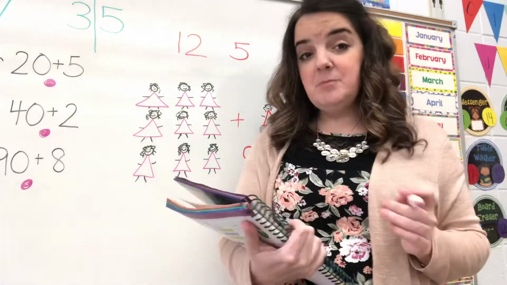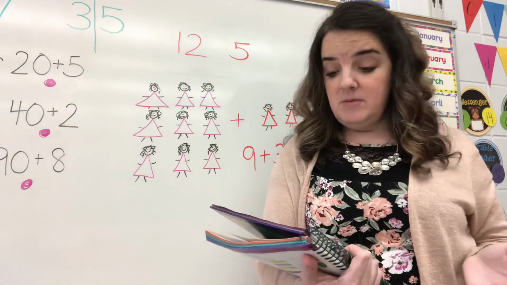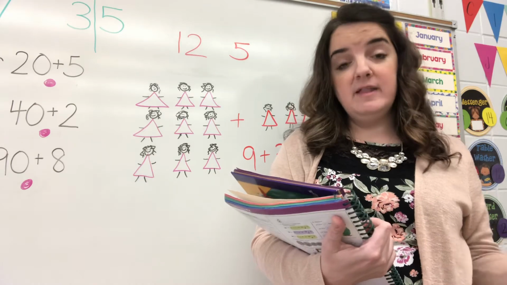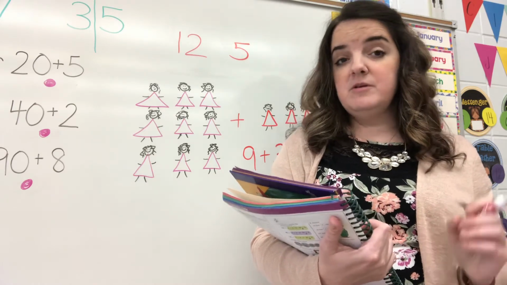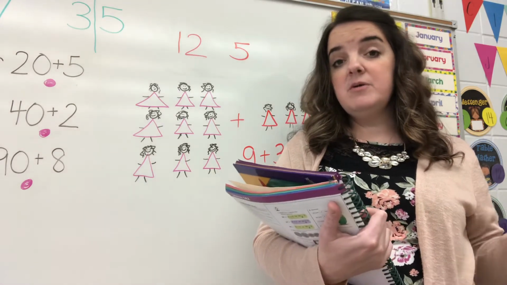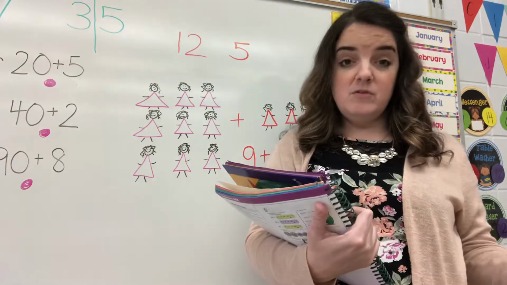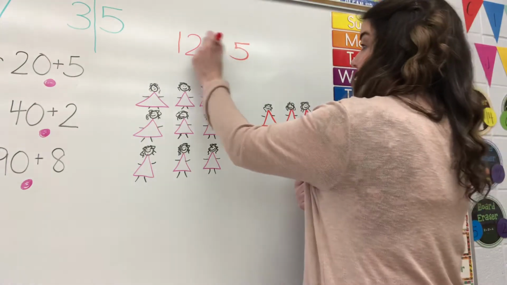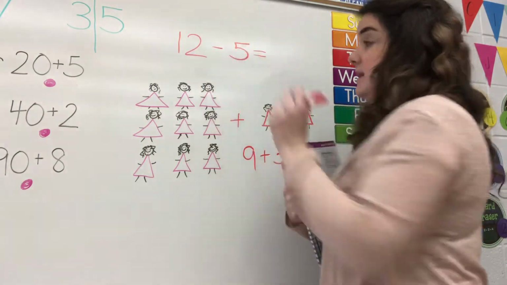Now this last part of the question, that's where we really need to pay attention to. How many donuts are left? So with those words, how many donuts are left? Are we going to add or are we going to subtract? And the correct answer is subtract. So 12 minus 5